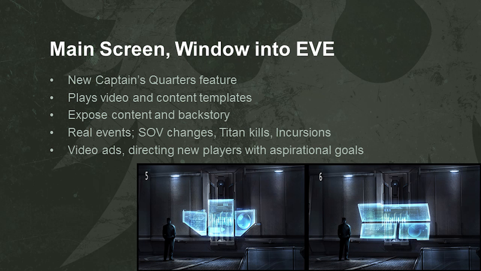A little bit about the features that were just highlighted over there. One of the completely new features is the main screen, the big holo screen in the captain's quarters. It's kind of like a window into the greater EVE, plays video and content templates, exposes content and backstory, but, at least to me more important, it tells about what's really going on in EVE as done by players. For example, you might have a news piece playing there telling that an alliance took sovereignty over from another alliance, or shows a player face that lost a Titan,